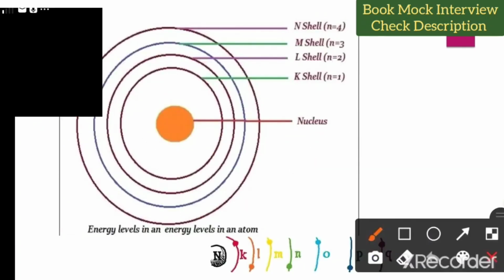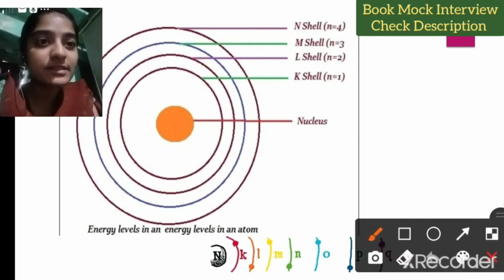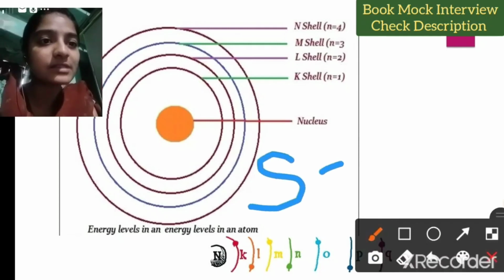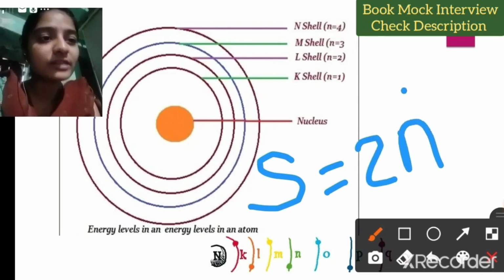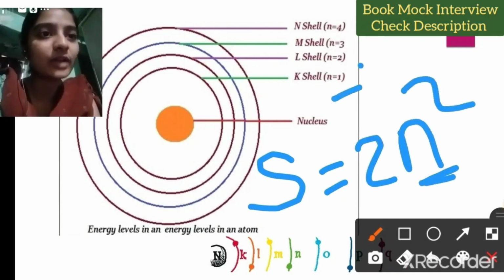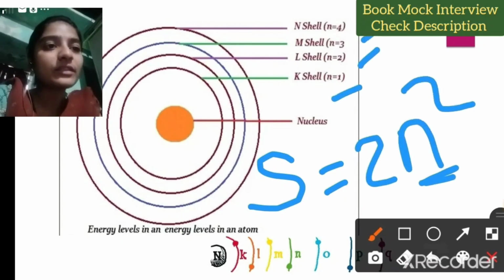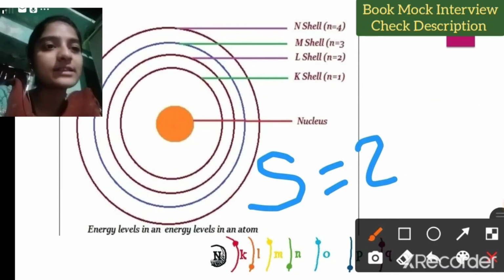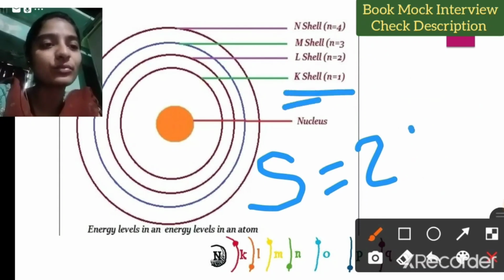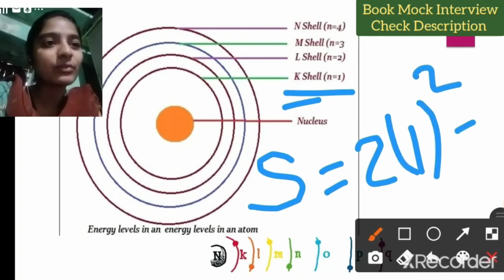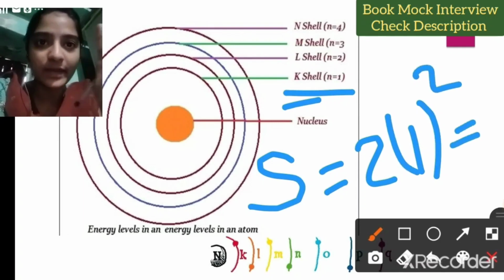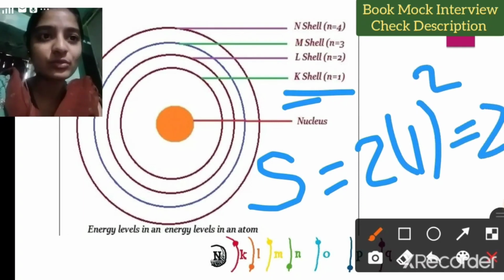Coming to the Bohr atomic model, the number of electrons in a shell is given by 2n squared, where in place of n we put 1, 2, 3, 4. I'll give one example. For the K shell, n is equal to 1. 2 into 1 squared. What is this? 1 into 2, 1. 2 ones are 2. So this energy level is